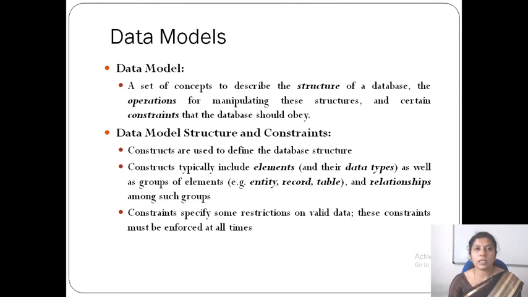It must not be greater than his supervisor. So that is the constraint I am enforcing on the insertion operation. Okay, so that must be checked whenever you insert the new employee information. Then you have to see that the salary of an employee should not be greater than his supervisor's salary.